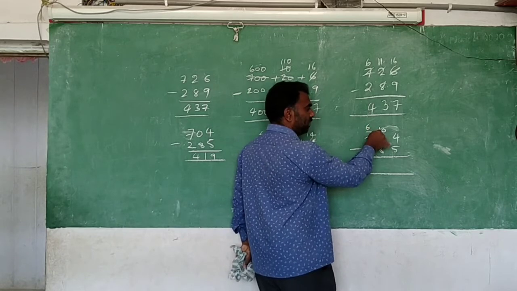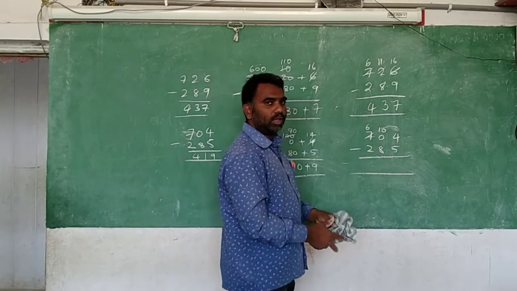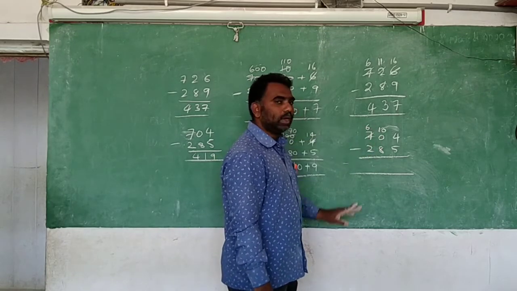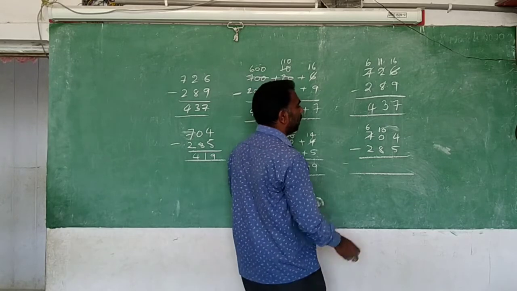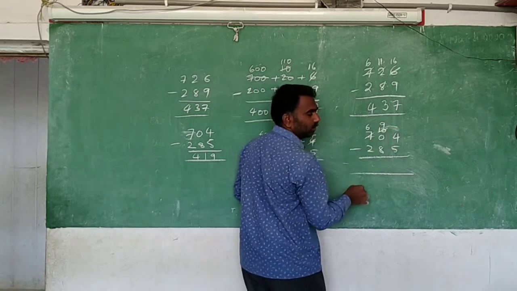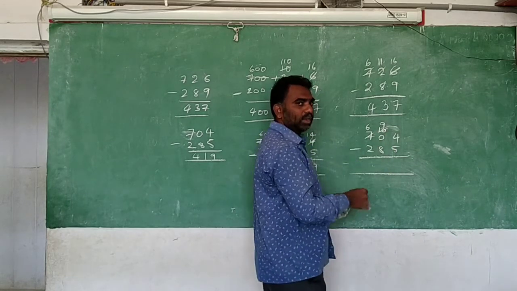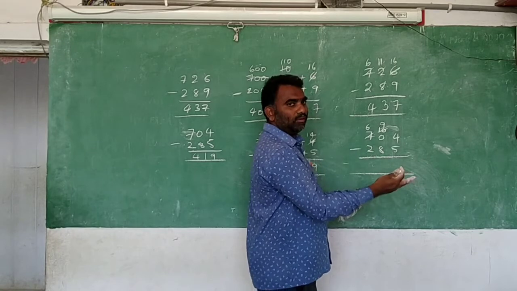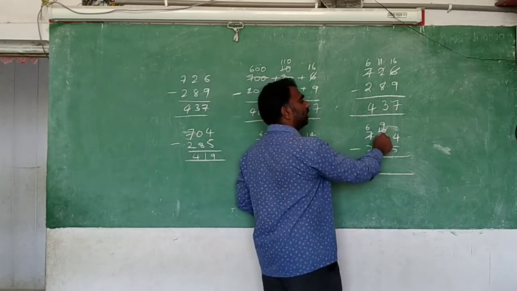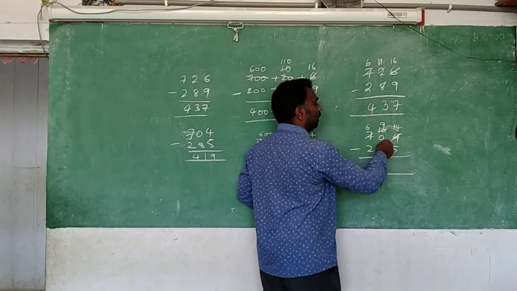6. 1 we have given here. 1 means from up. When it comes to the next place it becomes 10. From here 1 only is going. But when it comes to the next place it will become 10. Now again from here we will give here. When you give 1 it will become 9. But when 1 goes here it becomes 10, because it is jumping to the next place. 1 only I am giving here but it will become 10 in this place. 10 and this 4 together 14.